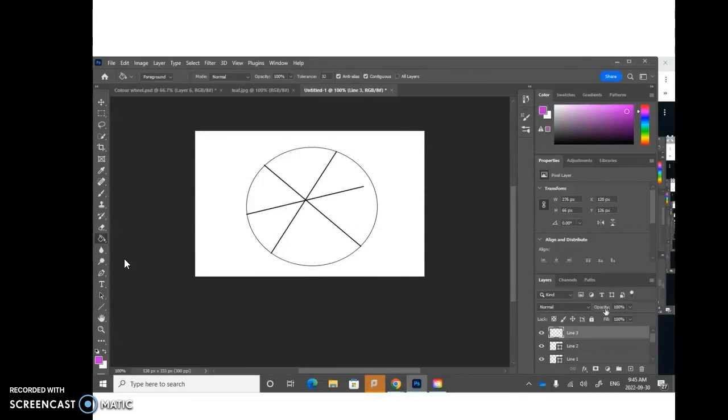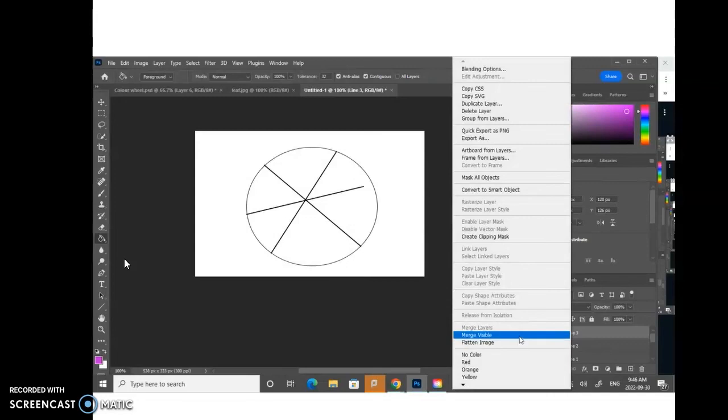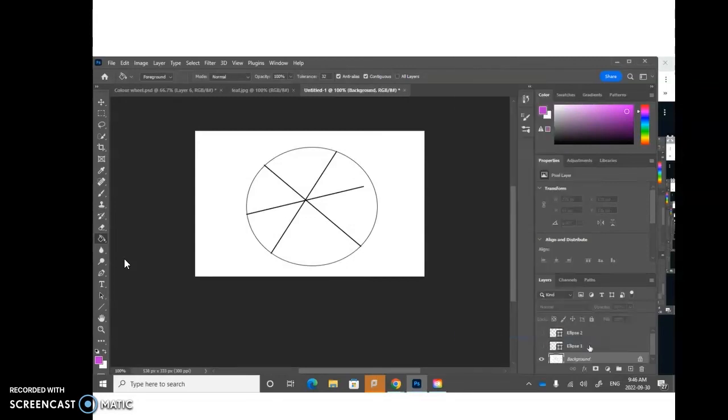Why that happened is because my objects are actually still all in layers on top of each other. They're not connecting. So what I would want to do here is make all of these separate shapes one layer. So I'm going to merge all my visible layers. So rather than having one shape and a bunch of different lines, I'm having one shape now. So I should be able to go ahead and paint bucket in now. So again, because that line wasn't connecting to the edge, it filled in 2 sections. So that's how you can make your own color wheel if